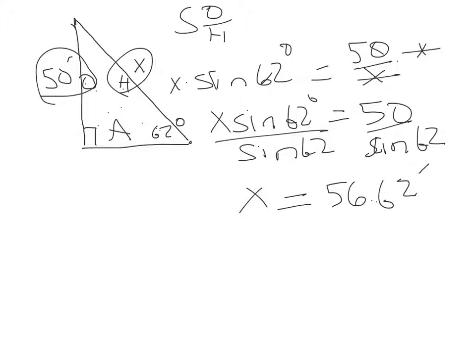My last example will be finding an angle. Let's suppose you have a right triangle and you know one side is 7 and the other side is 4, and we have a right angle right here, and we're interested in this angle right up here. We'll call it x. So again, mark O, A, and H. H is opposite the right angle, the hypotenuse. O is opposite the angle we're interested in, which would be 7, and A would be our 4 over there. Circle the sides you're working with, which in this case is A and O,